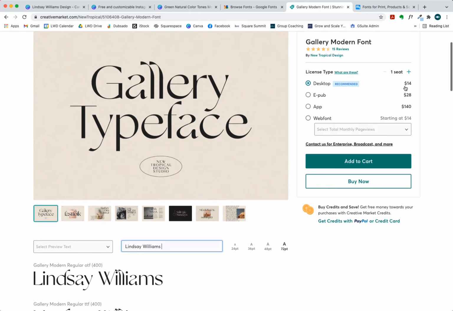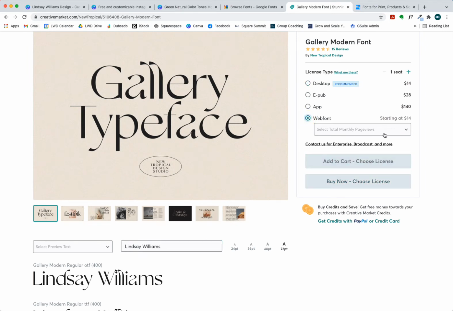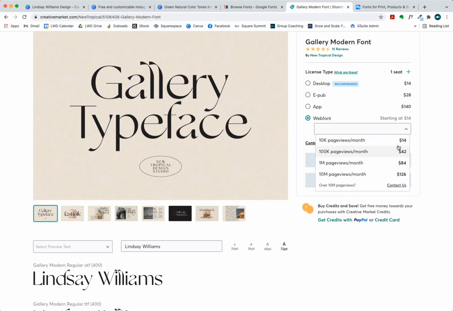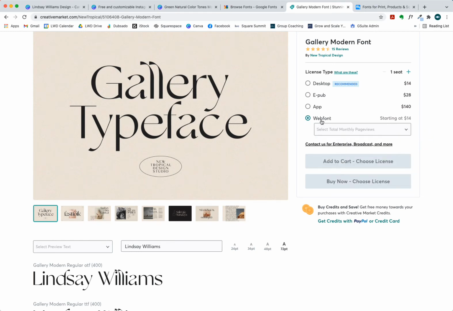And then you'll load it in Canva and you can use it. If it's something that you're going to be using on your website or in an app or in an e-publication, that's something that you need to know on your own that that's what you're doing. If you're working with a web designer, they should be able to tell you if they're going to be able to embed that on your website or not, and then you can go ahead and choose whatever the best option is. Usually, as you're adding it to the cart,